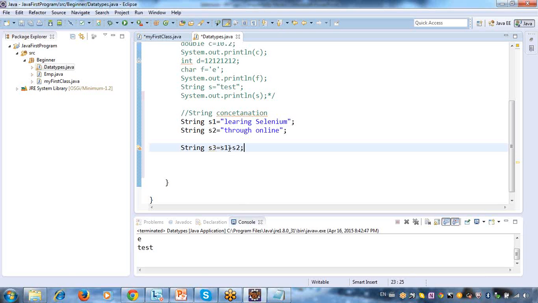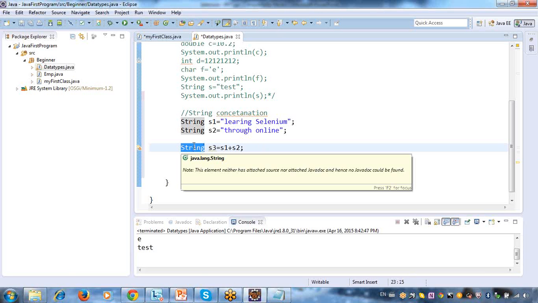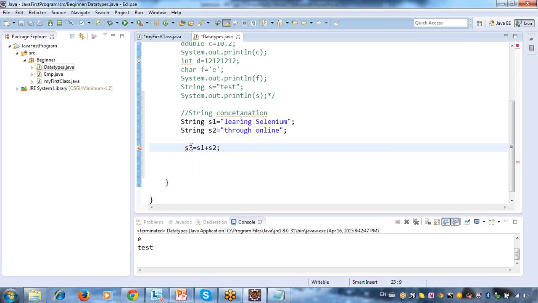Then you can use this plus icon. When you use that plus icon, it will concatenate your two strings, and you can store your value in a separate string. And every time it's mandatory to declare your data type. If you're not providing it, immediately it will throw the error message.